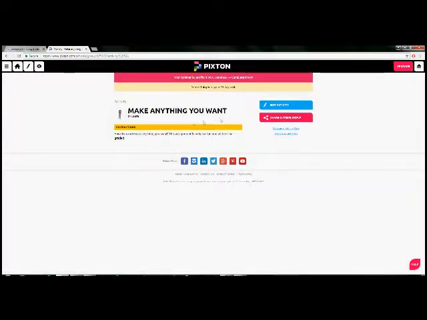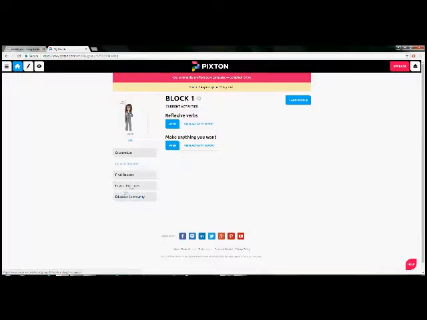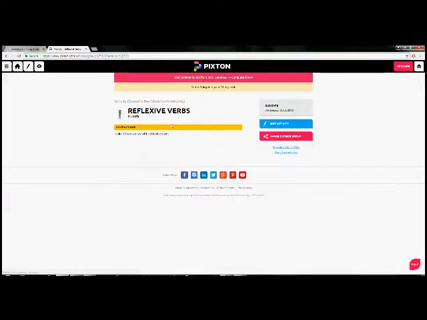So this is a make anything you want type of activity where your students can just get familiarized with using it, and they can learn how to add characters to panels and create text boxes and that kind of stuff. So this assignment is one that I created, which